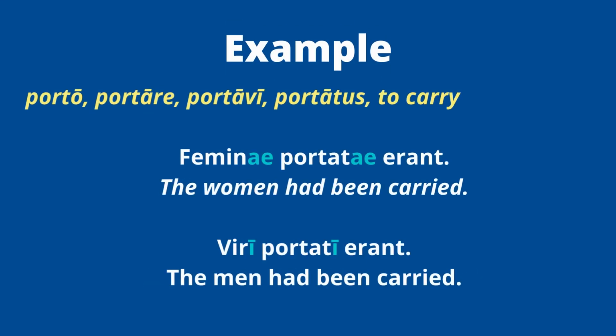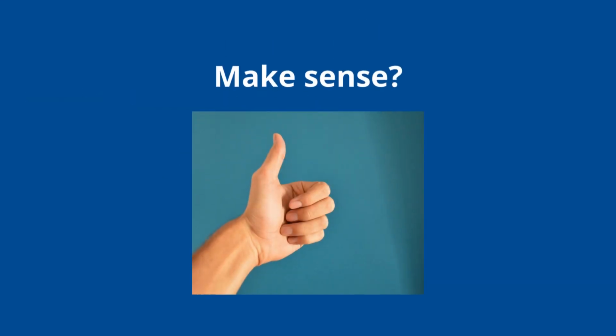So I know by the ending whether the subject is masculine or feminine. The same thing would happen if we pluralize it, right? So if you're dealing with third person and you're trying to do third person plural, they, right? If you're saying the women had been carried, it's feminae portatae, right? The endings match. If you're saying the men had been carried, it's viri portati. So again, you're changing the ending to match the subject. That's a really important part. It's really the only thing you have to worry about when you're dealing with pluperfect passive voice. So hopefully this makes a little bit of sense.